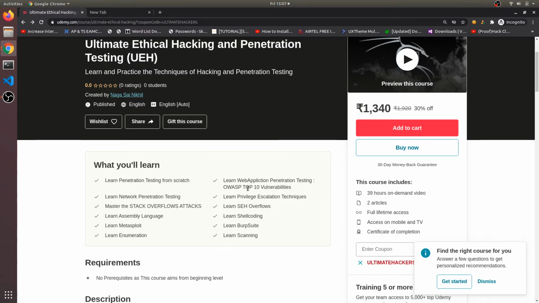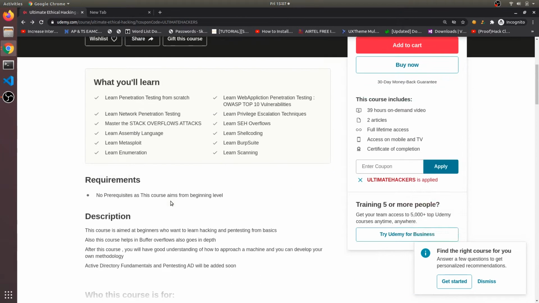OWASP top 10 web application vulnerabilities, privilege escalation techniques in both Linux and Windows, and SEH overflows, which stands for Structured Exception Handler. I also cover the theory and the practical demo, shellcoding, Burp Suite, scanning, and much more.